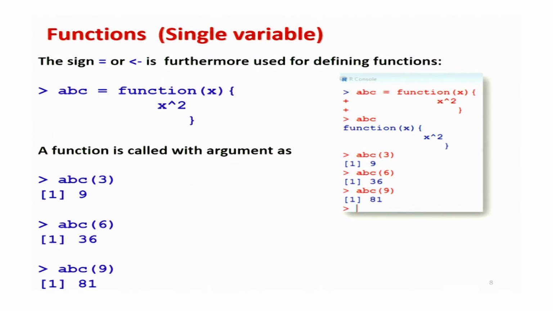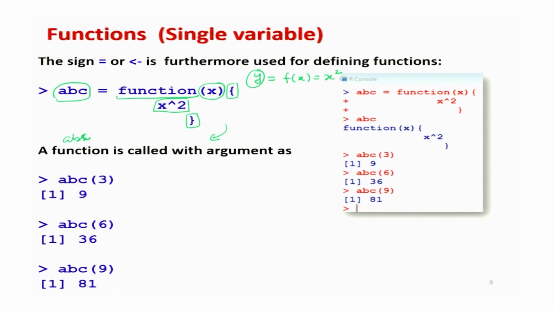Suppose I simply want to write a function for computing y equal to f(x) equal to x square. That means I simply give the input and it gives me the output as a square. For that I give this y a name ABC, and after that I write function, and inside the parenthesis I write x, which is my input variable. Then I write the curly bracket, and within the curly brackets I write the syntax for computing x square, which is x^2, very simple. And after that if I press enter, this will create a program whose name is ABC in the